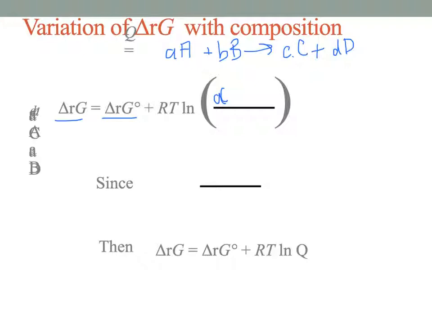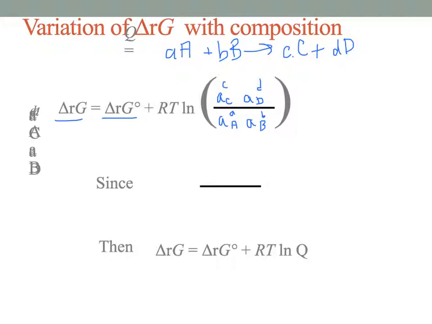So the activity of C raised to the power of the stoichiometric coefficient of C times the activity, or the concentration or pressure, whichever one, of D raised to the power of the stoichiometric coefficient of D